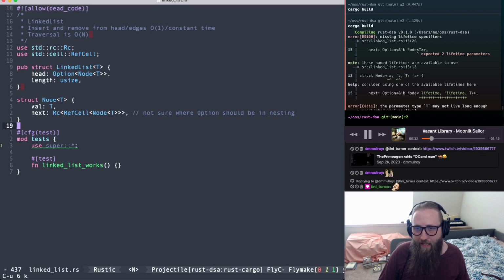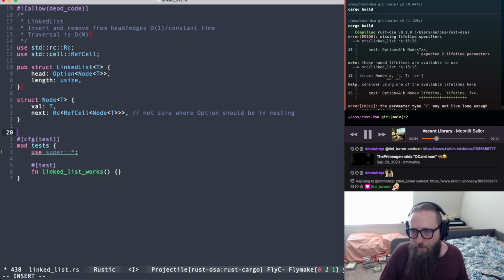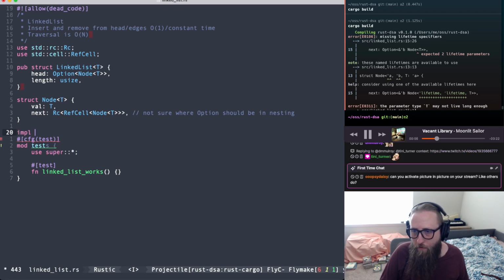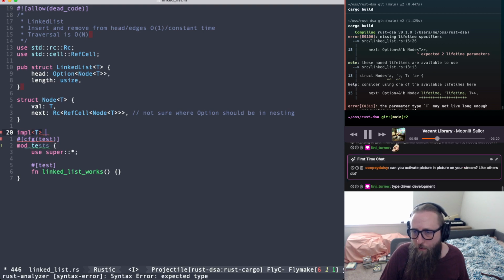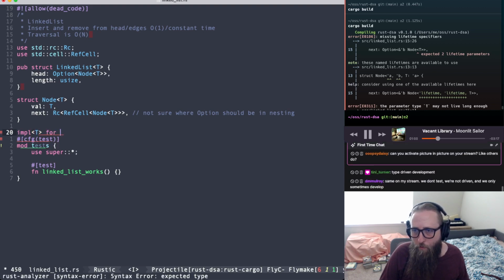Okay, so we have our types and the compiler is now happy with them, right? That's pretty cool. It makes sense we need to use our smart pointers and then some way to mutate them inside. So that's nice too. Yeah, I think we're ready to just do our impl. So if we do impl T for LinkedList T,